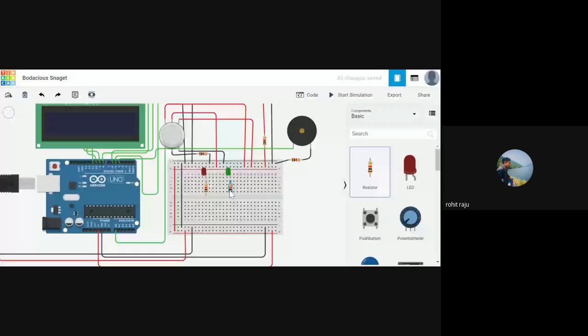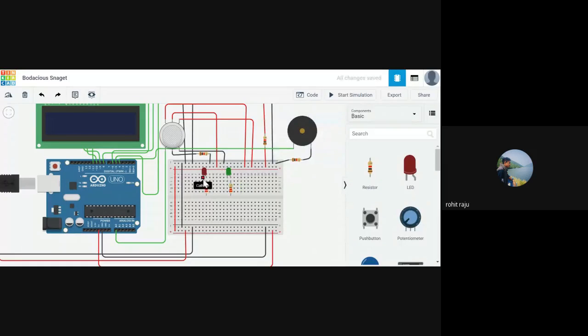For LEDs, as I told you, what's the value? If you remember, it's 220 ohms, right? I also told you the reason, it comes from Ohm's law, because this gives 20 milliamperes of current. If you want to find that resistor value, you can use Ohm's law to do that.